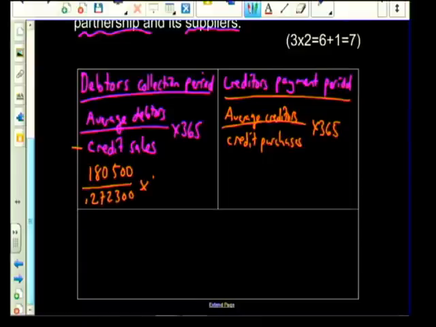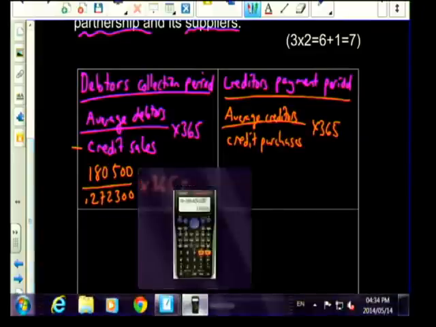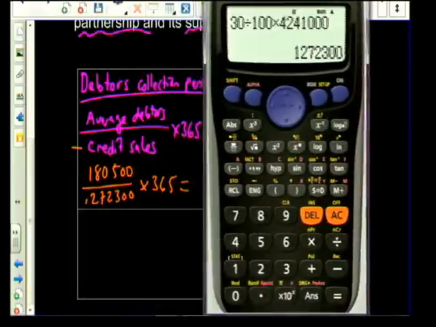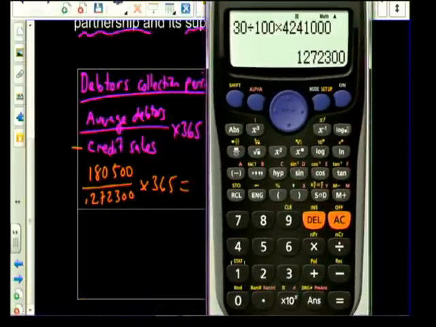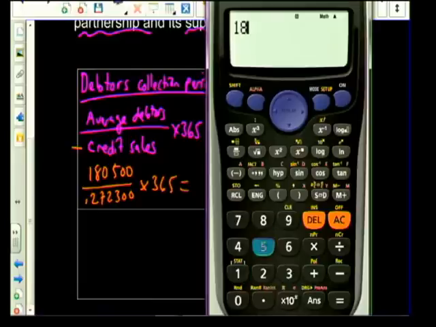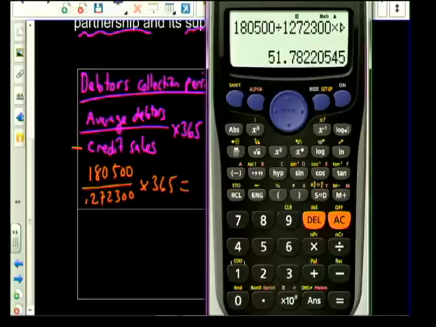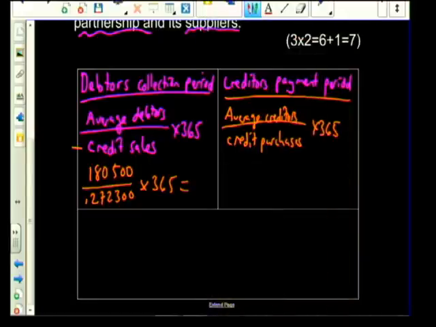And that figure we're going to multiply by 365, and that comes to, if we put it in the calculator, 180,500 divided by 1,272,300. The answer times by 365, and that figure comes to 51.78 days. Let's just round it up to the nearest day as 52 days. So the debtors collection period is